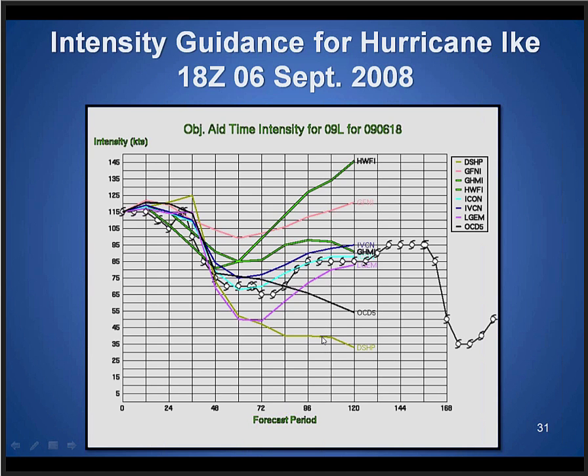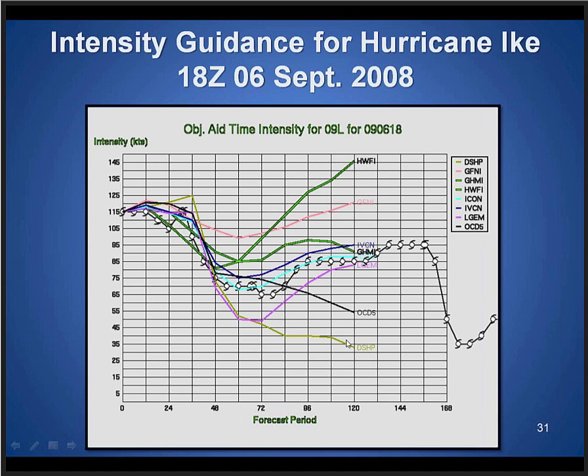So the lowest of which was Decay-SHIPS, which suggested it would only be a minimal tropical storm, 35 knots. The LGEM statistical model showed weakening and then rebounding. The GFDL hurricane model showed similar and probably the best forecast. And then the HWRF was showing all the way to 145 knots. So that's a range of 110 knots of